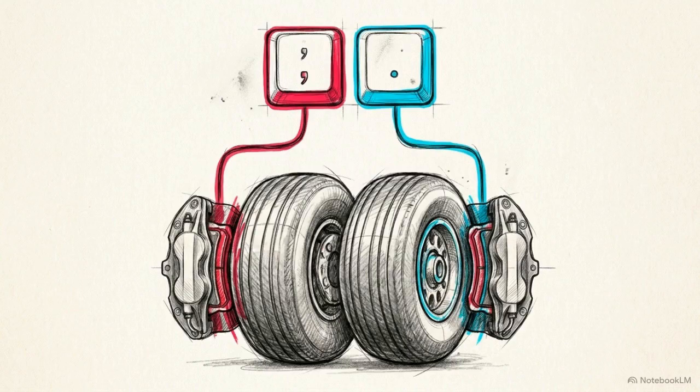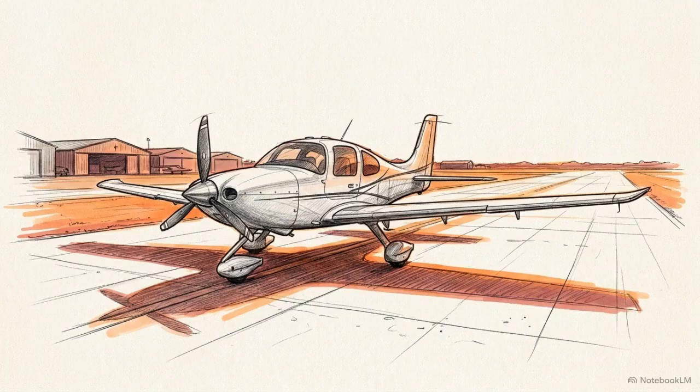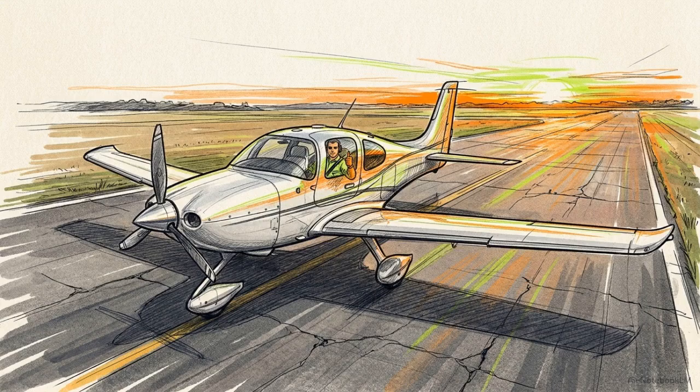Once the wheels touch the tarmac, press and hold the comma and period keys together to engage the left and right wheel brakes. A safe landing is the result of using drag and braking mechanics to bleed off kinetic energy before you reach the end of the runway. With the aircraft fully stopped on the tarmac, you have completed the flight cycle and mastered the baseline requirements of